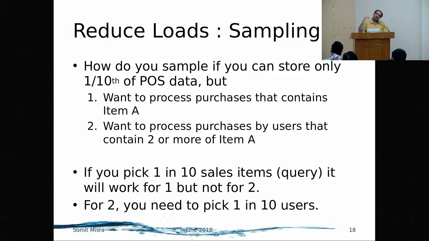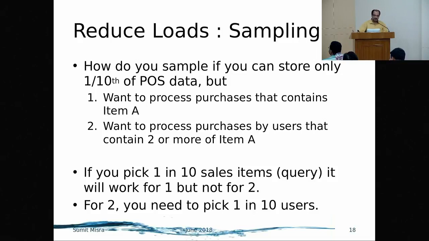So if I do that 1/10 by using a hash and picking any number and putting it, just selecting 1 out of 10 of all the transactions that I'm seeing coming through, I'll probably get an answer right if the distribution is almost similar in each of the baskets of each of those customers.